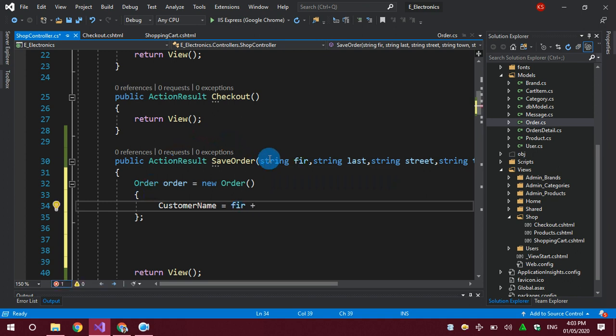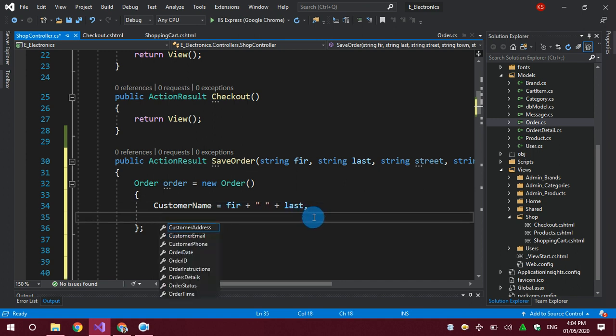First plus last is a simple concatenation, but the first and last name will be mixed up badly, so there should be a simple space here. So I will add one more plus and also concatenate a string space here, so this will look good. Now customer name will be the first name and last name combined.